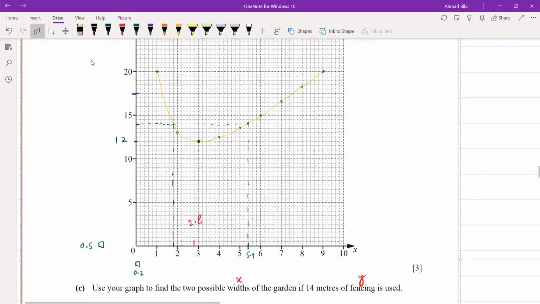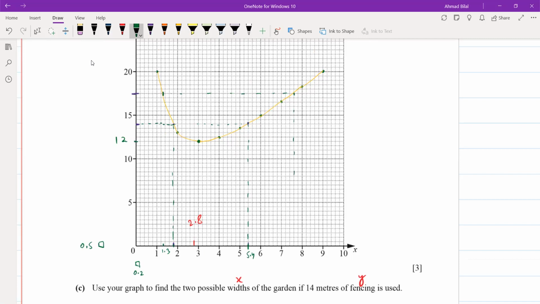ठीक है, 17.5 के ऊपर। अच्छा, एक तो width ये पॉसिबल है जो आपको यहाँ पर आ रही है, this is going to be something around, is it here? Yeah, so it's here, so that's around 1.3। ठीक है, लेकिन इसी के ऊपर आपके पास एक और वैल्यू भी आती है। We go right there on the other side, your graph, this line cuts the graph again at this point here। यहाँ पे आपकी width ज्यादा आ रही है